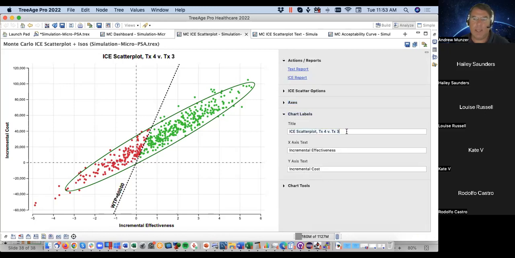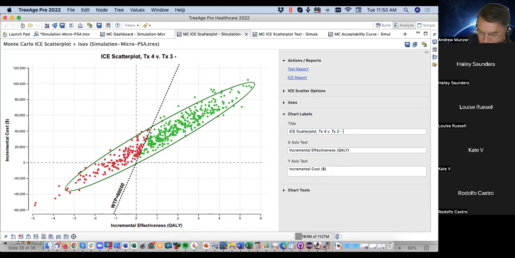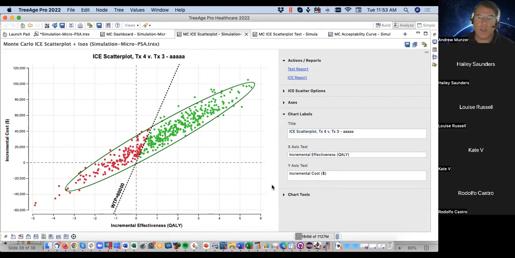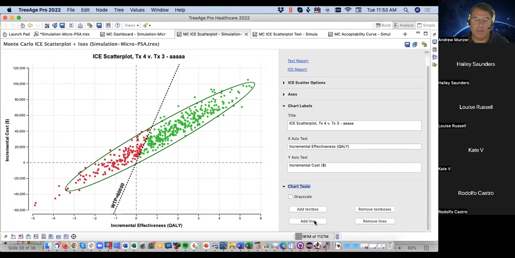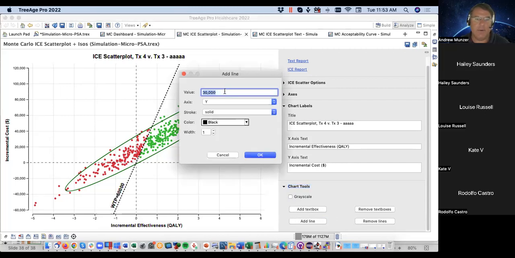Right, I could say this was in quality, and this is in dollars. And it's just changing the labels, or I could change the top. I'll just put some bogus text in. So there's a lot of things you could do. I could add a line or something. I wanted a line at